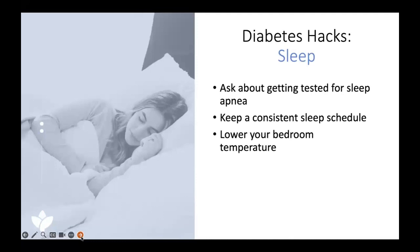And then lastly, on sleep, is to lower your bedroom temperature. So the ideal temperature for your bedroom is probably lower than you think. It's actually closer to 65 degrees for most people. And for some people, it might even be closer to 60 degrees, depending on your own personal preferences. But the reason why a lower